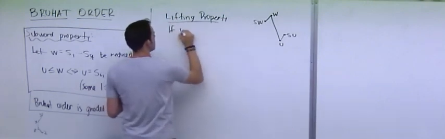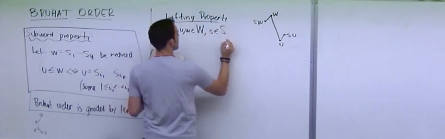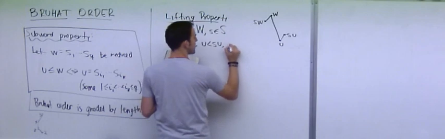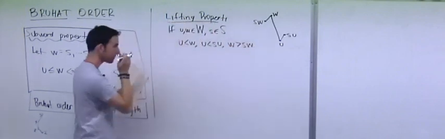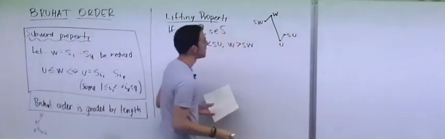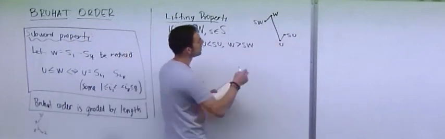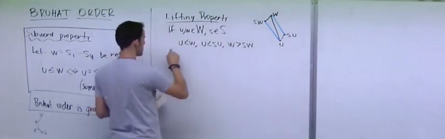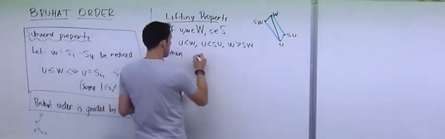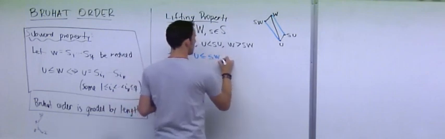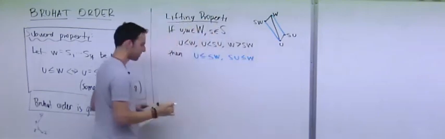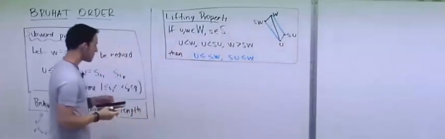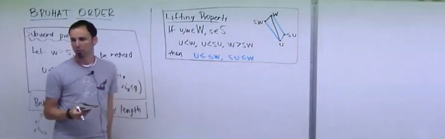So if U and W are elements of the Coxeter group, S is a generator, and if I have all these things, U less than W, S makes U longer, and S makes W shorter, then the conclusion, you can think about it that basically these black relations imply these blue relations, that U is less than SW and SU is less than W. So this is kind of a useful little property that we're going to use fairly often to prove things about